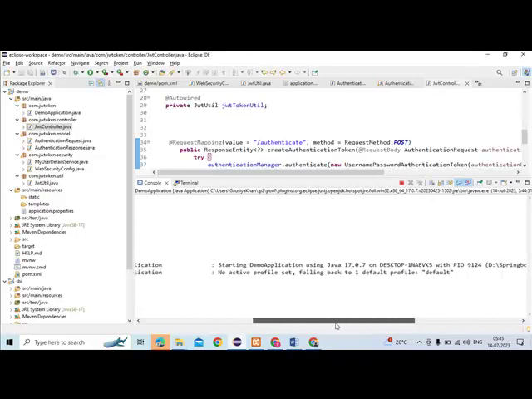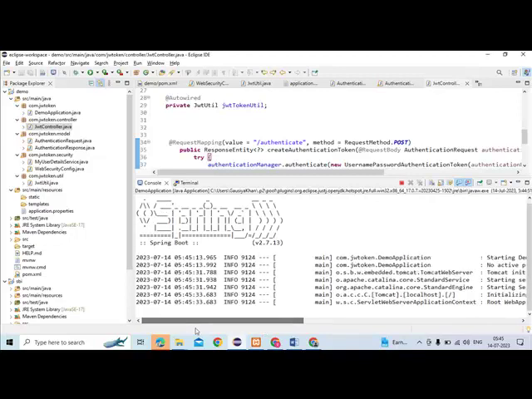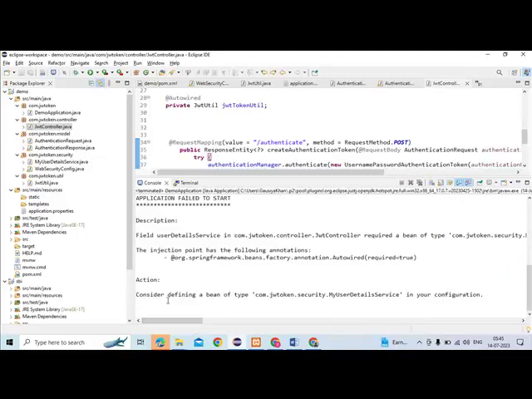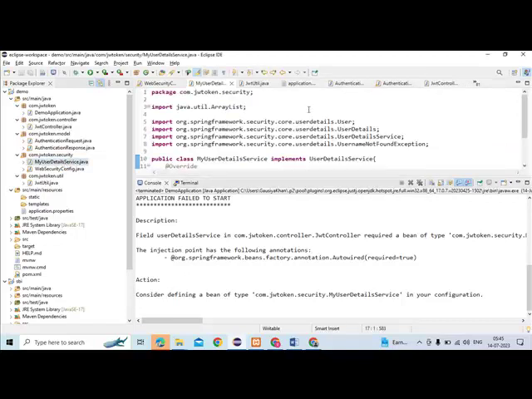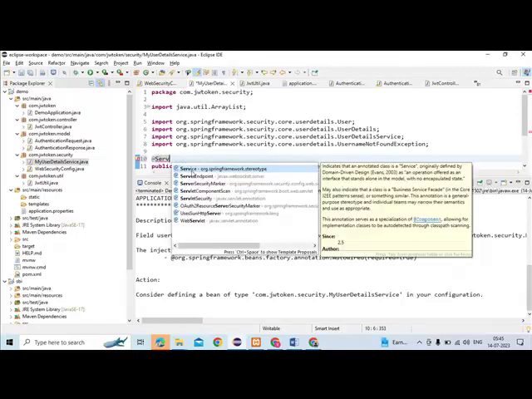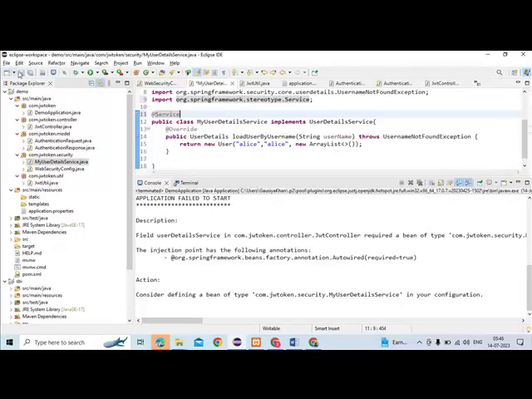Starting with the default profile. Okay, starting, what is it failing on? Okay, did we not add the annotation? We did not add the service annotation to this. The service, right? We did not add what to it? Service, because we're autowiring it, no? So for autowiring, you need at least one of the stereotype annotations or the component annotation. Done with this. Now go right click,